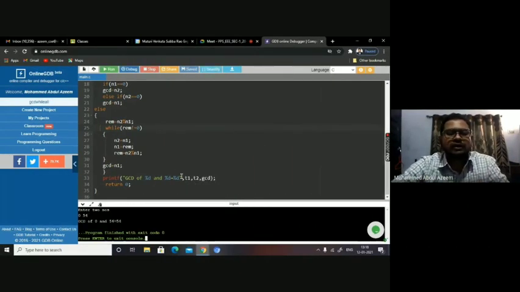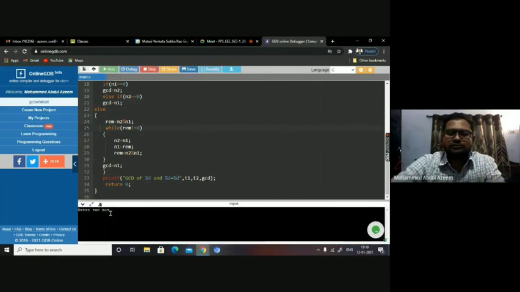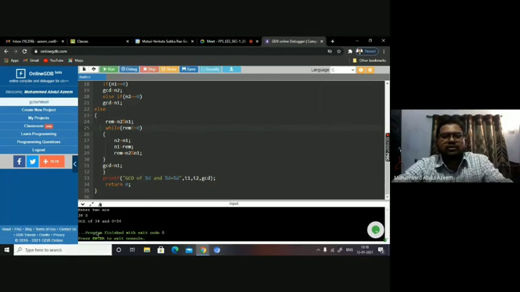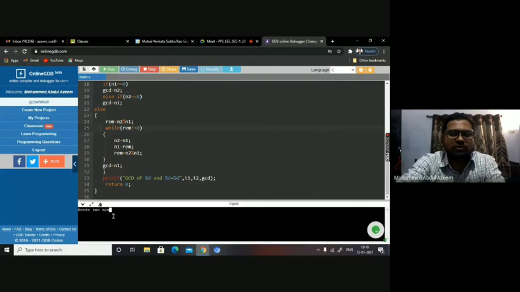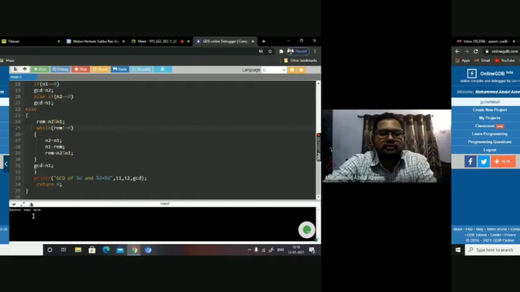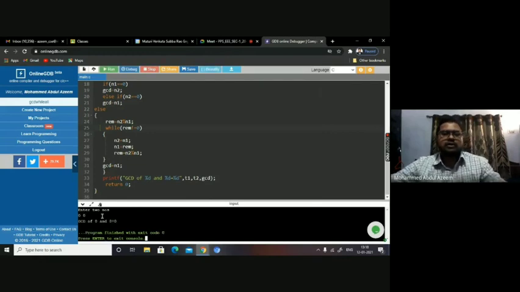Okay, got it? Again, execute it by taking n2 as 0. 34 and 0. You can see 34 and 0, GCD is 34. Now you can take both non-zeros, 98. Take both zeros. It is 0, right? Both are zeros, it is obviously 0.